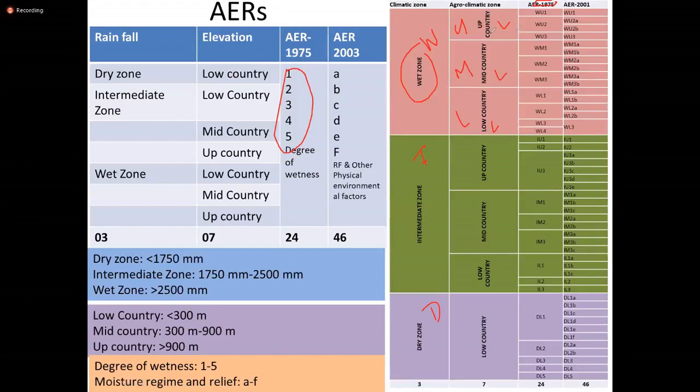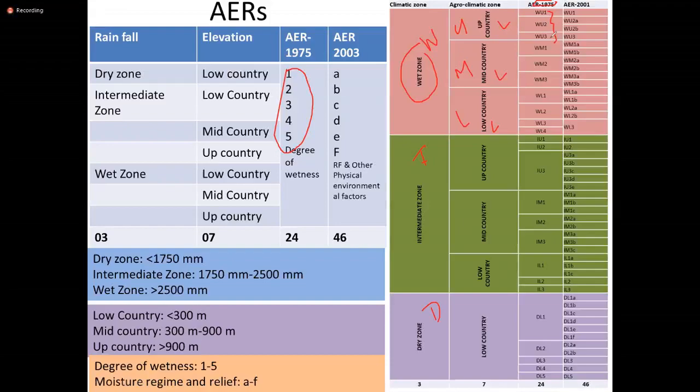So then the up country is also further divided into 3. That means wet zone up country 1, wet zone up country 2, wet zone up country 3. That means the degree of wetness is high in WU1,